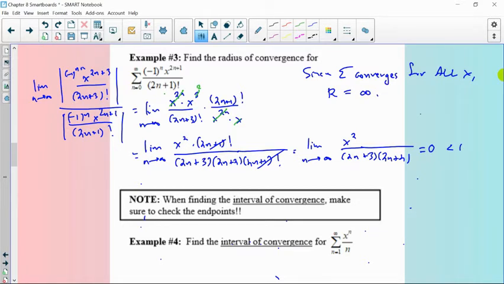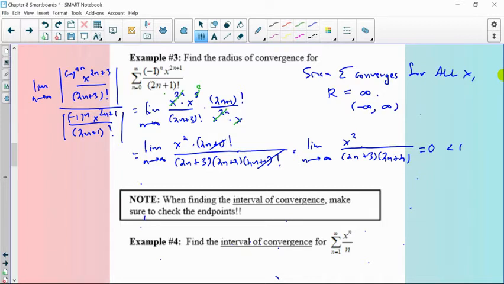So if it looked for an interval, then I could say from negative infinity to positive infinity. And since it's the whole interval, I don't need to have any endpoint checks because you can't ever get to infinity. Okay. And so I know that it only asks for radius, and now example 4 is going to say, okay,